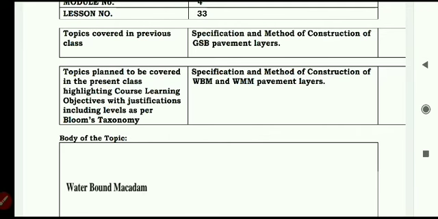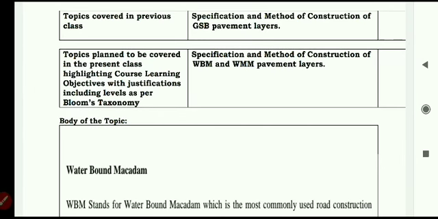So the first thing is cleaning of the existing layer or the new layer, whatever it is. From cleaning of the layer till the setting of the material, all the methods of construction should be followed one after the other. So in today's class, we will focus on specification and method of construction of WBM